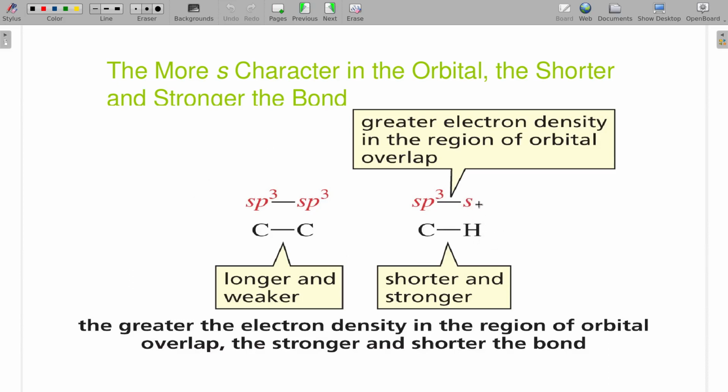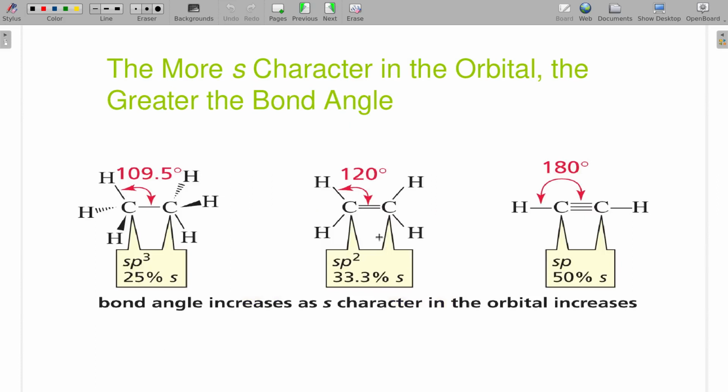So hydrogen, which only has s, an sp3-s bond would have more s character, so it would be expected to be shorter and stronger than a bond between 2 carbons, which is just an sp3 and an sp3. So while it doesn't always work, and there are a few exceptions, we'll hear more about s character throughout the book. And that is really talking about the hybridization of the atoms involved in the bond you're making. Turns out the s character also helps you predict the bond angles. The more s character has bigger bond angles.